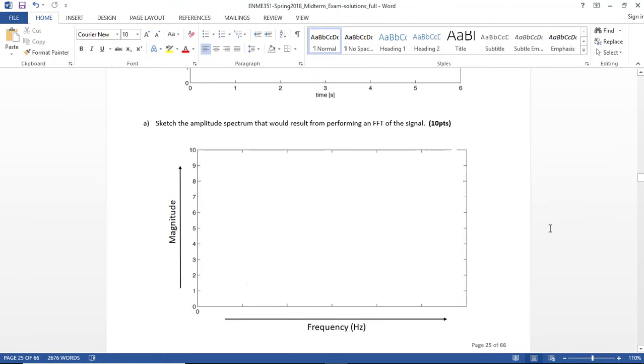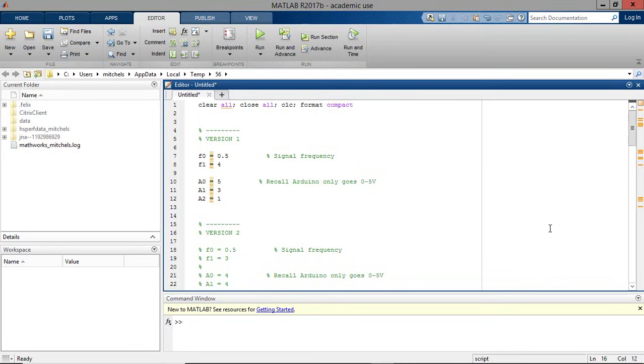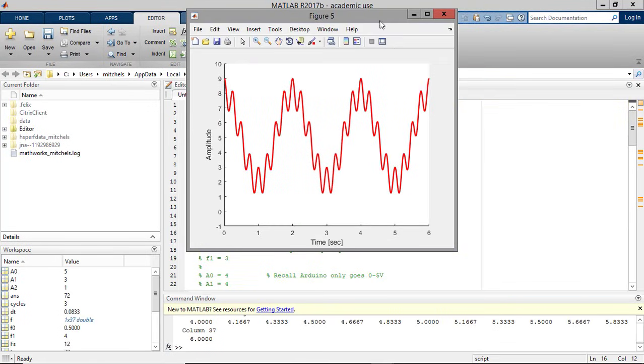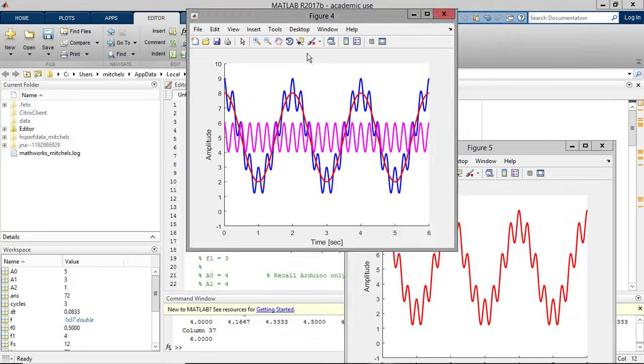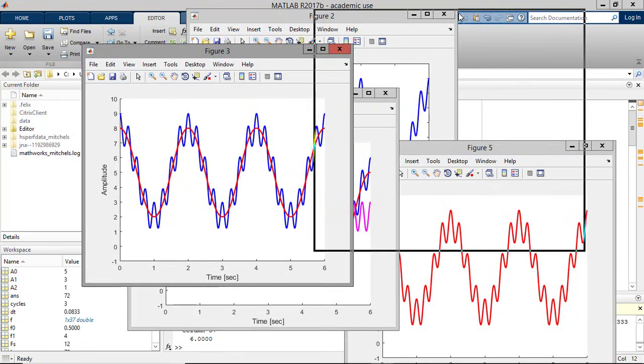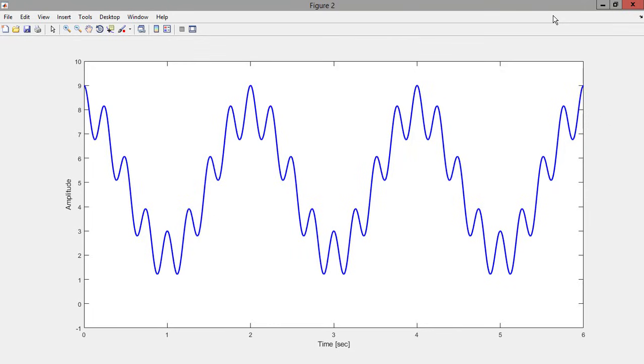Now, you are graphing this on paper, but to illustrate the solution to these exams, let's take a look at this in MATLAB. So I'll take a look at version 1 of the exam first. If I go ahead and run my code, I end up with the following plots of interest here. So here is the original sketch that you saw on the exam. And the question was, basically run an FFT, in fact, a DFT of this signal and give us the